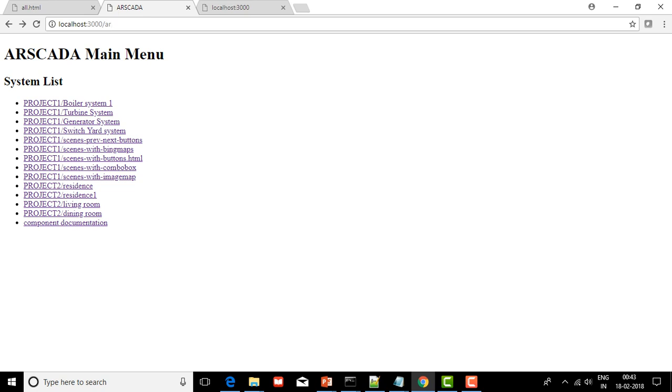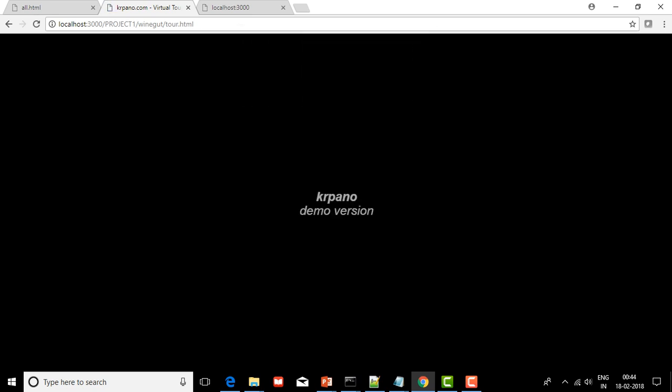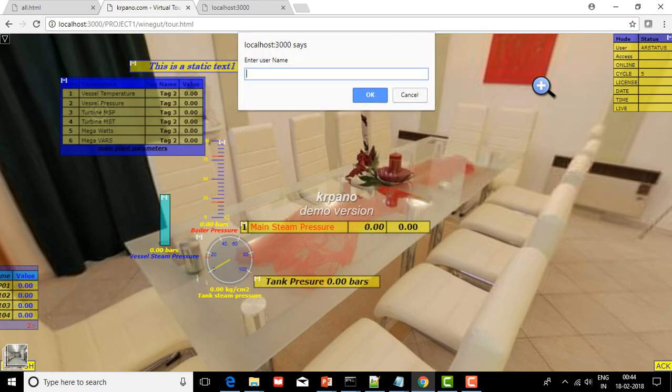This is the only HTML page in the whole system. The rest are all SVG based clients, and this page displays the various systems of your plant. So if I click on this, again I have to log in. This is a single page application, so for authentication I have to log in once, and